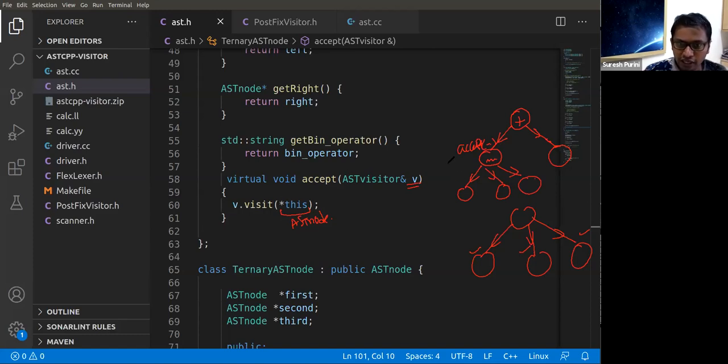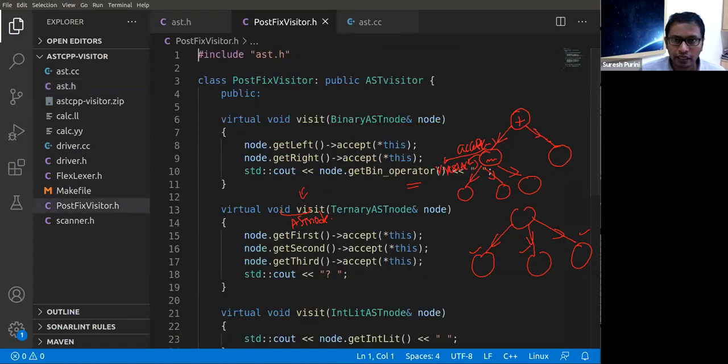When the node says, using this handle, v.visit(*this), where *this is nothing but the pointer to this object, whatever that object handle is, then depending upon the type of this parameter, if this node turns out to be a ternary AST node, then the visit function